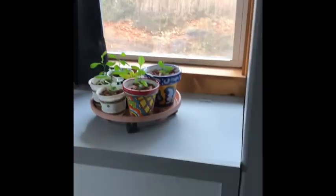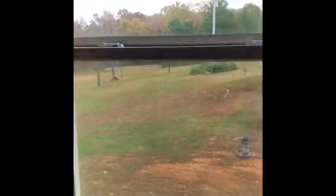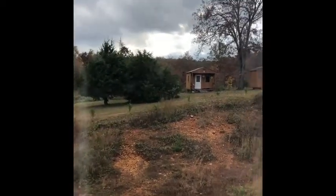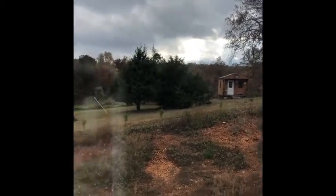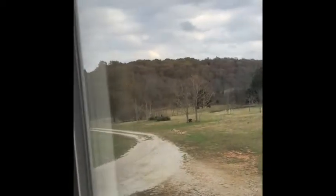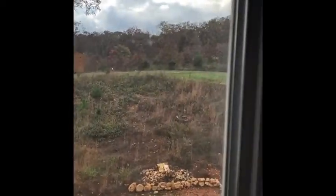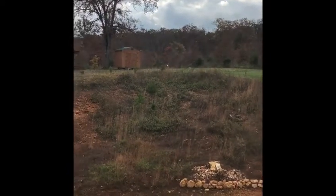And then this is the view from up here in this bedroom. And then out the other window. You can see there's the babe cave. Behind this bush right here is the greenhouse, back behind there. And then you can see all the way down the driveway. But it gives us a good vantage point. It kind of shows you how steep this hill is